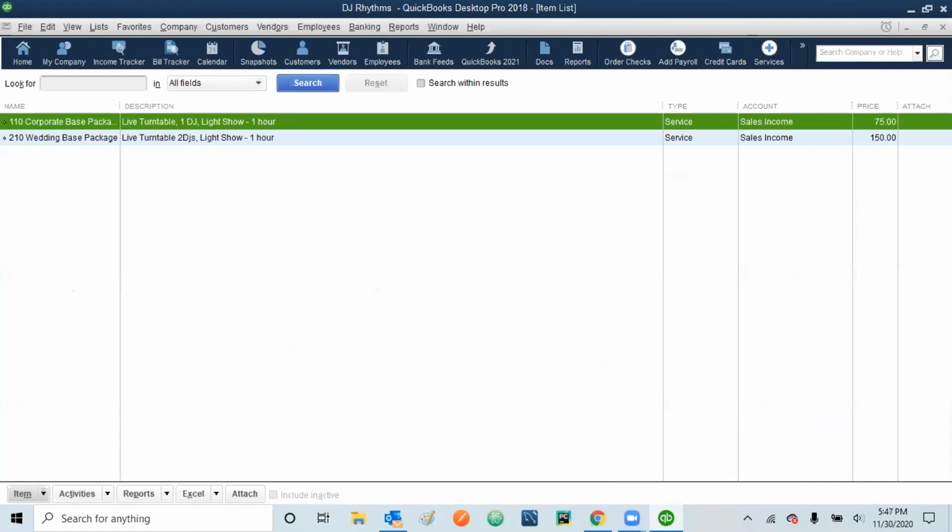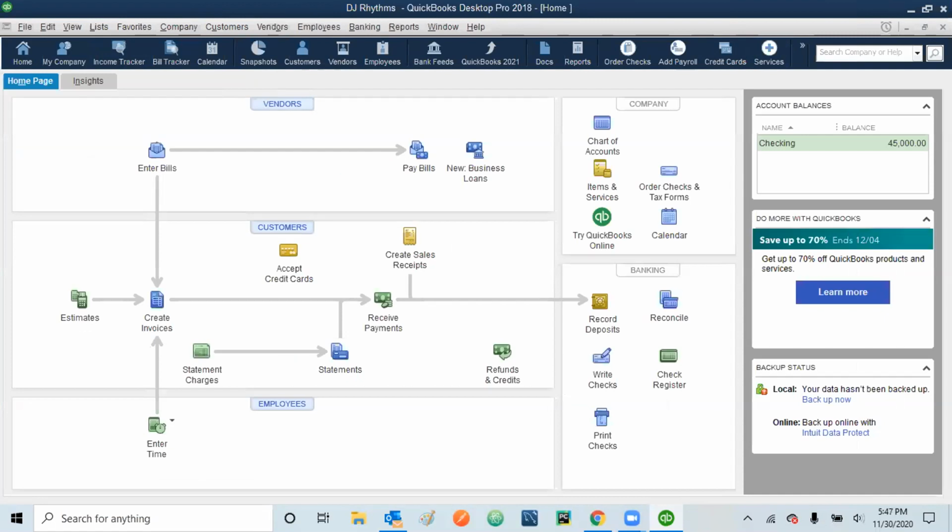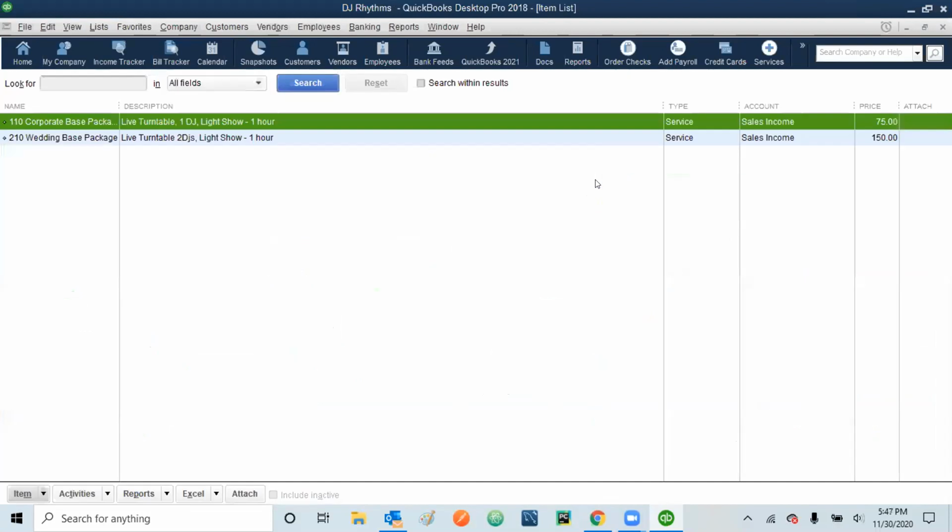But just in case, this is as per the book. If you like, you can also click from this space, and then you'll be in the same place where you can update the services, non-inventory part, or inventory items for your company. So what we are doing here is creating some new items. If you want to create a new item, the same way we have done in the customers or vendors,